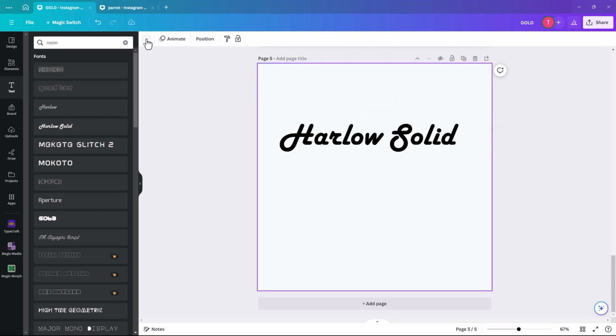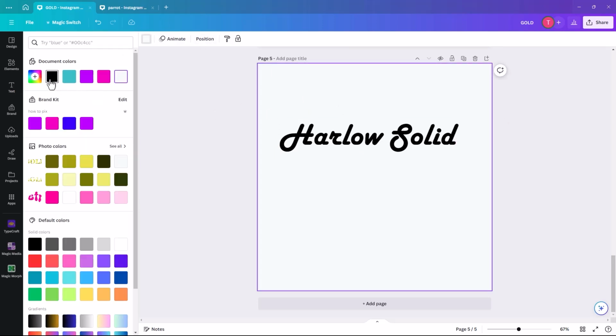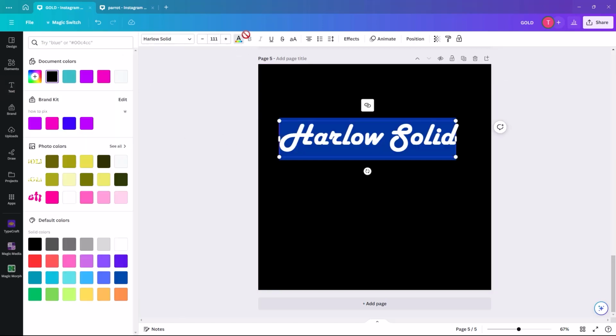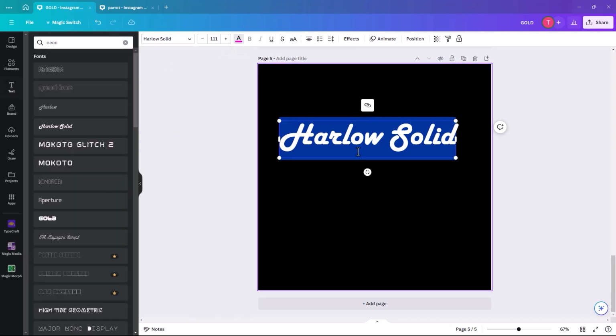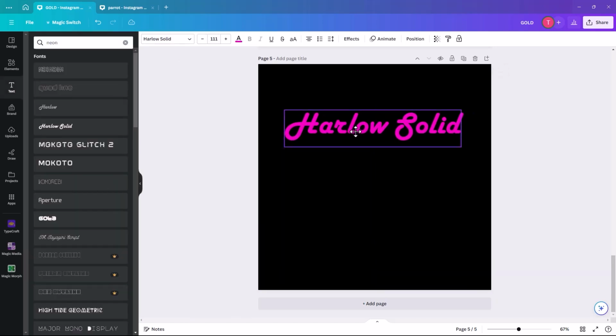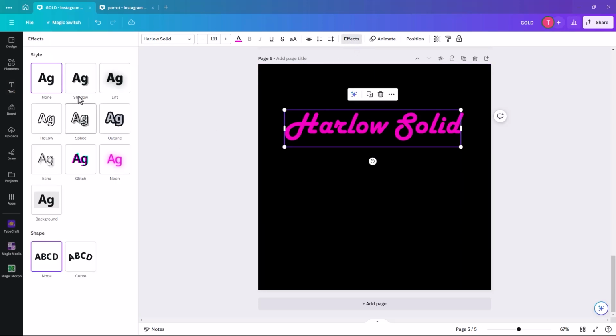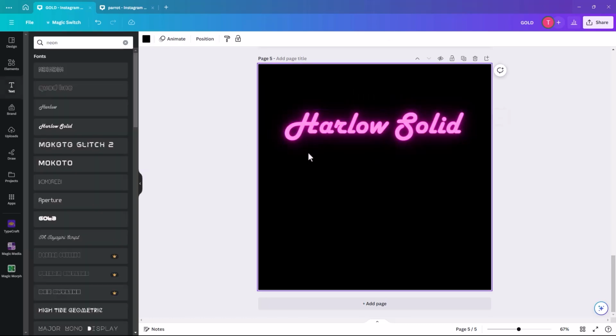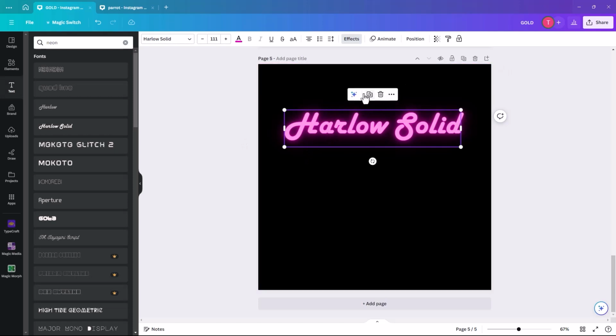But if I just change the background to black because it makes it look a bit better, and then we're going to change this to a pink color. So already it looks very standout. So if we click on effects, within the effects panel there is a neon element. So when we click on neon, it suddenly has a glow, and you can change the intensity to as much or as little as you want. So although that looks pretty good, if we just duplicate that